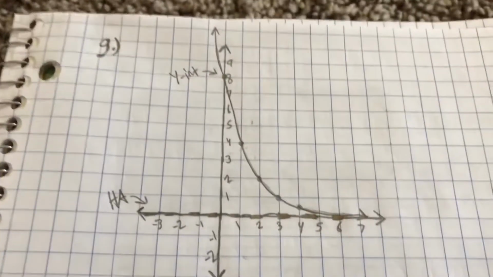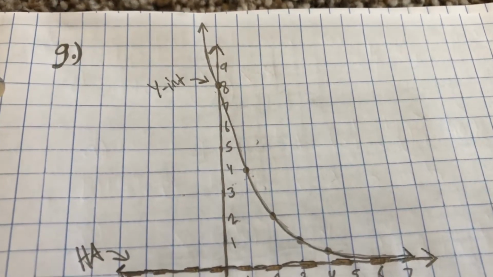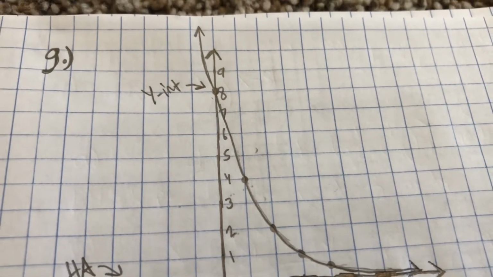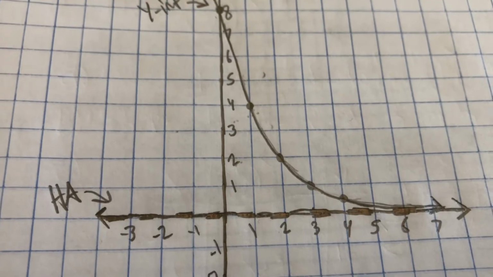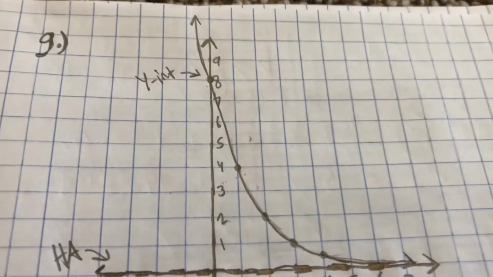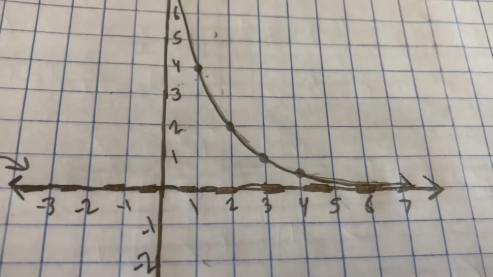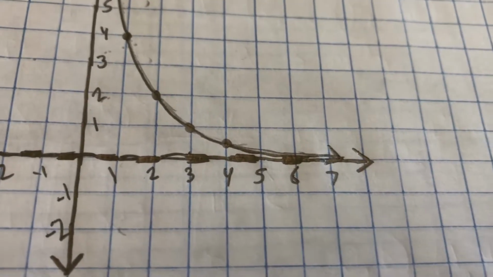Part G is now we're actually asked to graph this thing. Sorry, let me turn that page. As you can see, we labeled all those plots that we got in part B. We got the y-intercept at (0, 8), and as it continues moving 1 unit over horizontally, the y value continues to halve. So we got (0, 8), (1, 4), (2, 2), (3, 1), (4, 1/2),